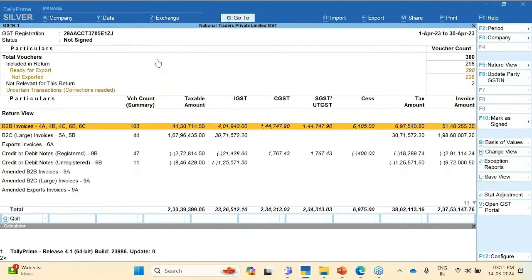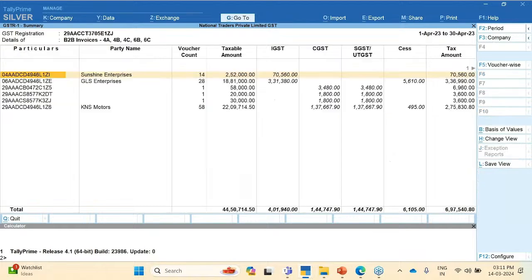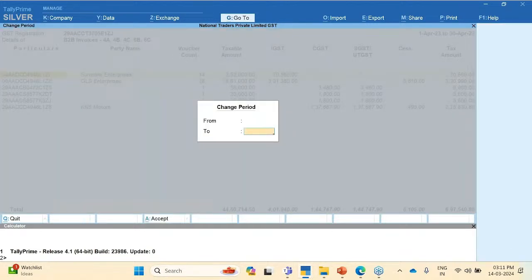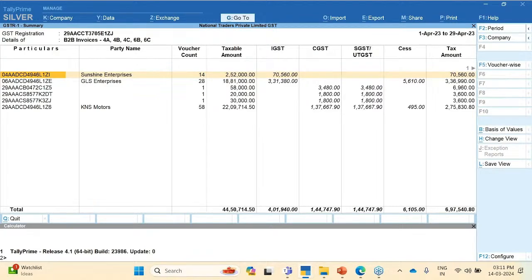So the transactions are already counted, and today it is already participating in our respective tables. So I'll just take up the period, and for example, if I have to take this entry here,